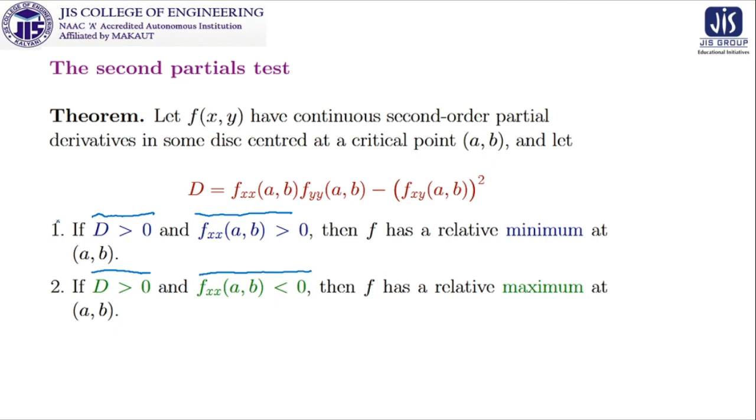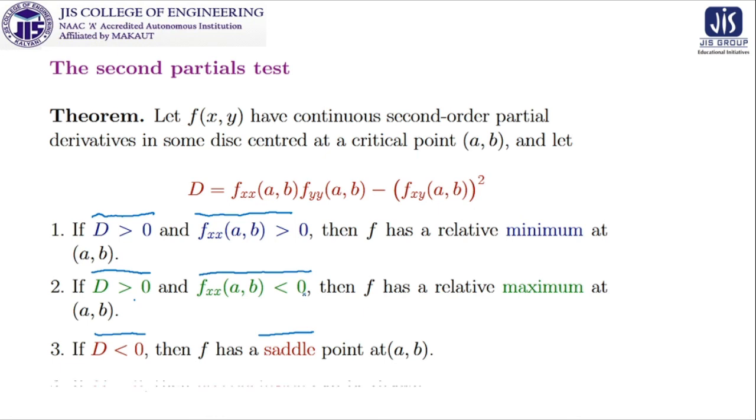Then obviously it will come to our mind, if D is less than 0 or D is equal to 0, what is the case? If D is less than 0, we have the observation that it will be a saddle point. All these things are discussed, but how to calculate them, now we are approaching this. And finally, if D equal to 0, then no conclusion can be drawn. No conclusion means it can be maxima, it can be minima, it can be nothing. If D is equal to 0 at that (a, b), your conclusion from this test is that we don't have any conclusion. Clear? Okay.